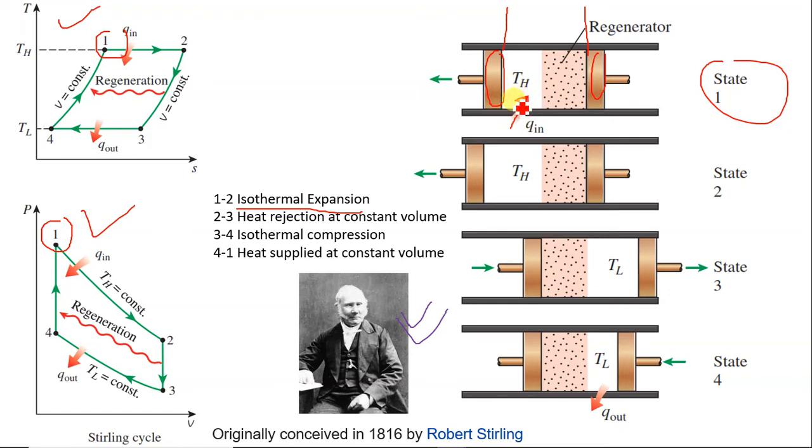Okay, heat is supplied, and because of that we have isothermal expansion. Isothermal means temperature remains constant. Initially the temperature inside the piston over here is TH. So to maintain the same temperature during expansion, we need to supply some heat. When heat is supplied, there will be certain expansion to maintain the same temperature inside.